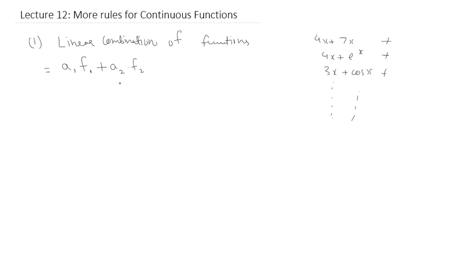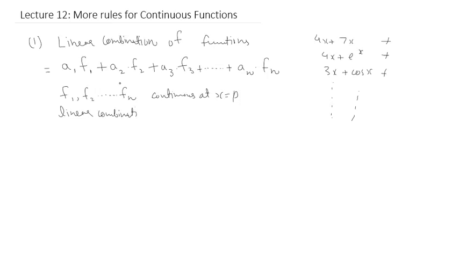It could be extended to multiple functions, not just two. So let's extend this argument to n functions and n constants consequently, right? So basically this is a linear combination of functions. So what I'm saying is that if we have f1, f2 all the way up to fn functions that are continuous at a point x equals p, then their linear combination that we've expressed above is going to be continuous as well at x equals p, using the rules that we talked about in the